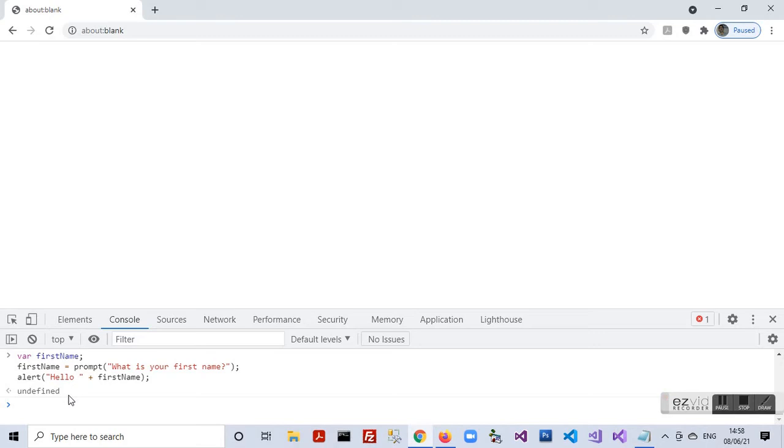You would have observed that the name of the variable firstName consists of two words, first and name, and we have kept all letters of first lowercase and the first letter of name uppercase. In JavaScript, this is the naming convention: when we have a variable name consisting of multiple words, the first word is kept lowercase and the first letter of each subsequent word is kept uppercase.